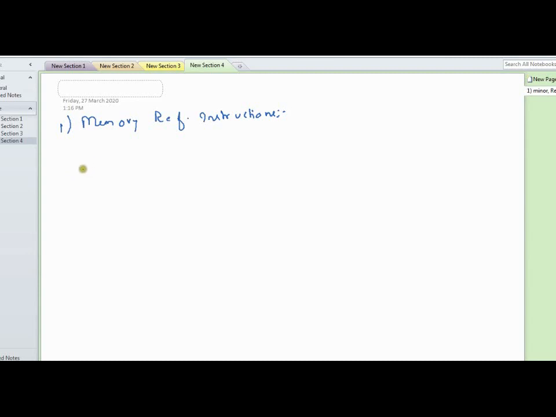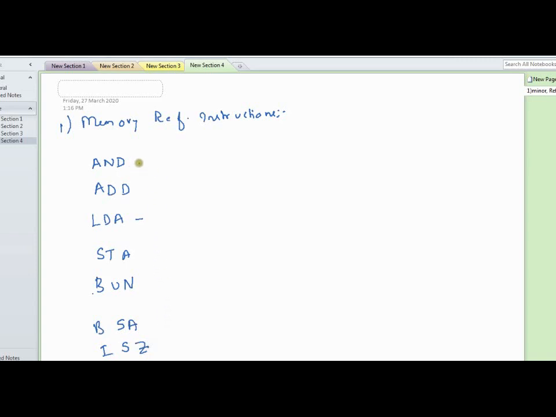Coming to memory reference instructions, the possible operations we can define in the instruction set are AND, ADD, LDA (load), STA (store), BUN (branch unconditionally), BSA (branch and save return address), and ISZ (increment and skip if zero).